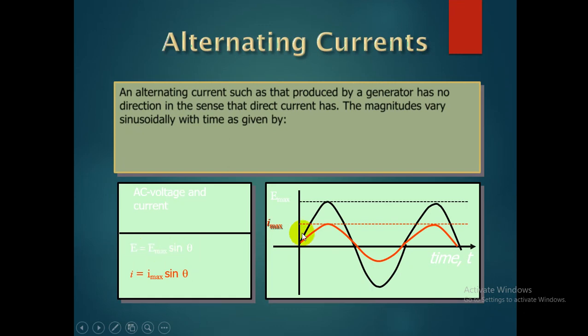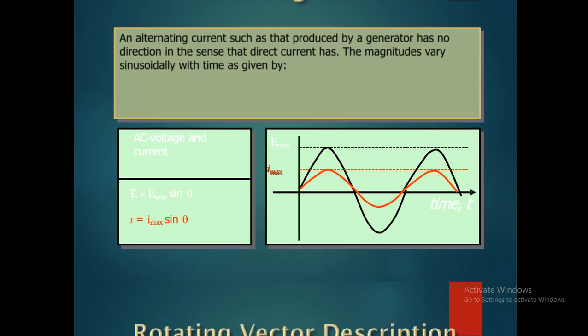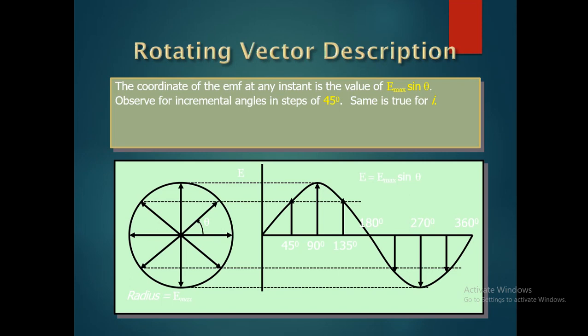There we can see this is the voltage waveform, with higher magnitude and black in color, and this is the current waveform, and this is time given on the x-axis. These are the magnitudes. Means what? Alternating currents have a positive half cycle and a negative half cycle. Here we can see very easily one method, that is phasor diagrams.